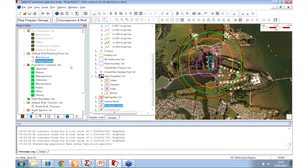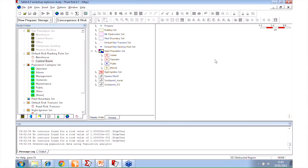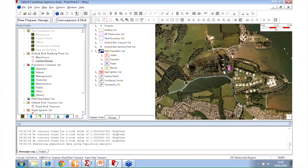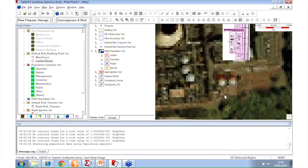I'll just zoom in on that. In fact, if I hit Control and hit F4 on my keyboard, it will launch the map and show me where that is. So we saw the control room population block. I have on the map here a small blue dot. It's going to zoom in on it. There it is. A small blue dot at the control room. There we go. Hopefully you can see that. I've zoomed right in. There's my population block in a building, and there's a small blue dot. And that blue dot is really pivotal in